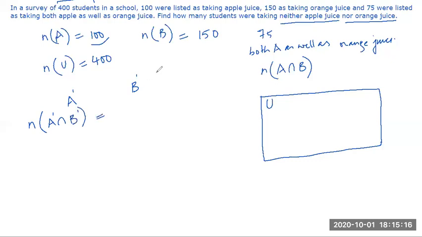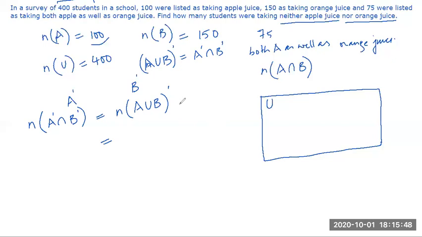So we can also say that n of A union B the complement. That's what I was telling you in the starting. We have studied this is equal to n of A union B, the complement. I hope you have remembered the two formulas. The complement of A union B is equal to A complement intersection B complement. You can reverse the symbols also, no problem. So this is very simple.